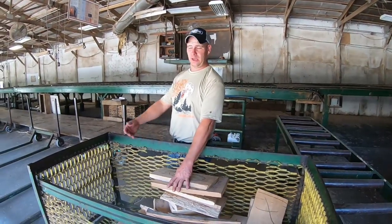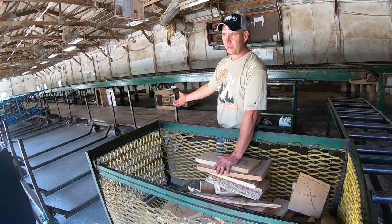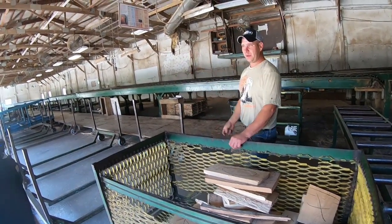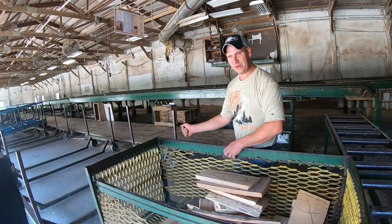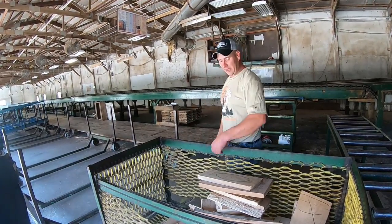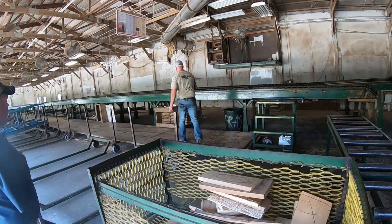Now there's times in lower common grades it can be in your board as long as it ain't in your cuttings. Your cuttings is, so you get all the way down to 3 common, you're grading for 33% of that board. If it makes a grade, throw it in there. But if the board's big enough, we'll cut that off, throw that in a chipper, as long as it fits to a certain